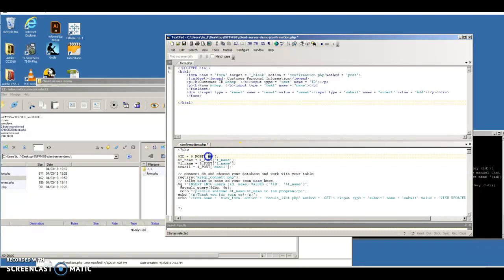Accordingly here, we have to make sure this ID is being posted, because the method is post. It's like a pipe holding the variable value. The pipe holding this ID's value will be assigned to a local variable. In PHP, you can just say $ and then the variable name, and that's a variable, similar to Python. So ID's value will be transferred to the local variable. And here, we don't have a first name anymore, so we're going to delete this. There will be name. Whatever name's value is will be transferred to this variable, and we can call that app name. Those are just local variables. Like I said, those two variables do not exist